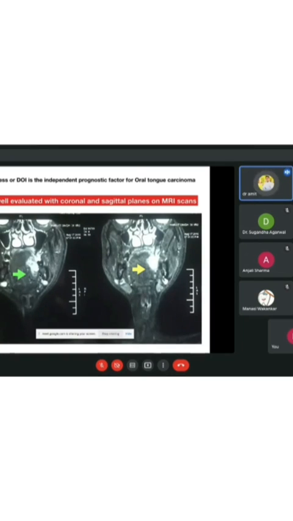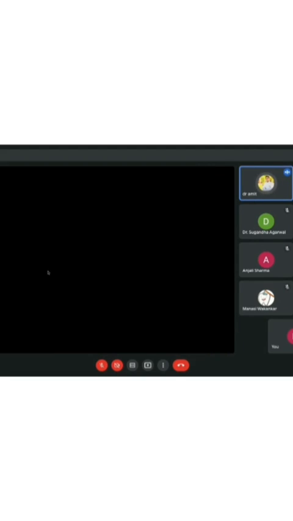Okay, and as every one of us knows, the chorda tympani nerve joins with the lingual nerve, and the pain sensation from the tongue is radiated towards the ear. So that is a classical sign of an infiltrative tongue tumor, and the patient develops pain in the left side of the ear, wherever is the